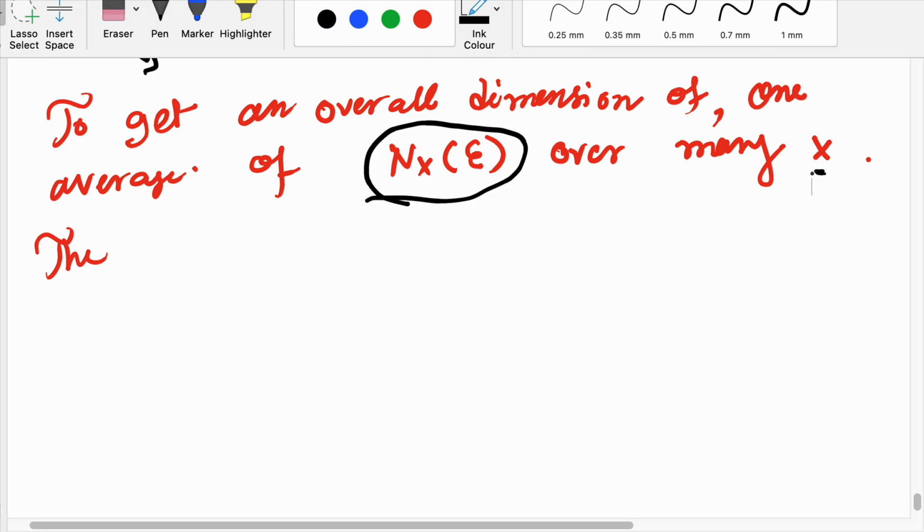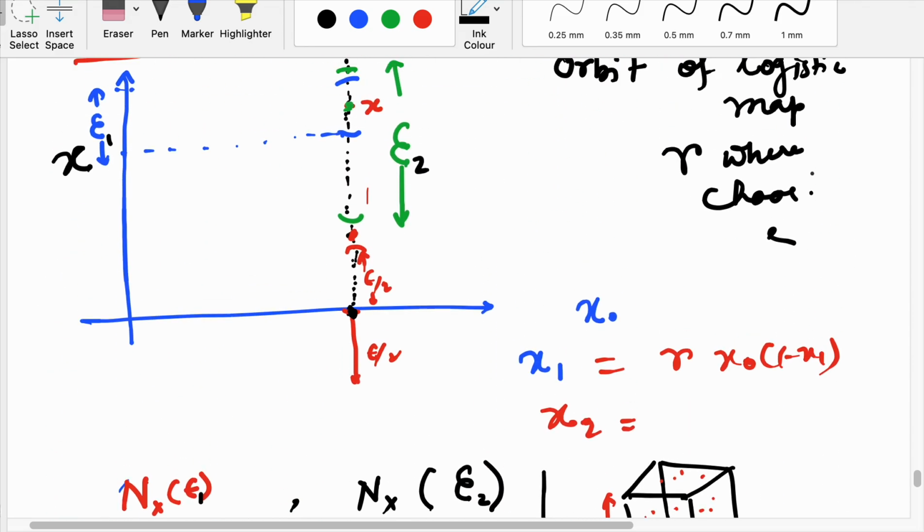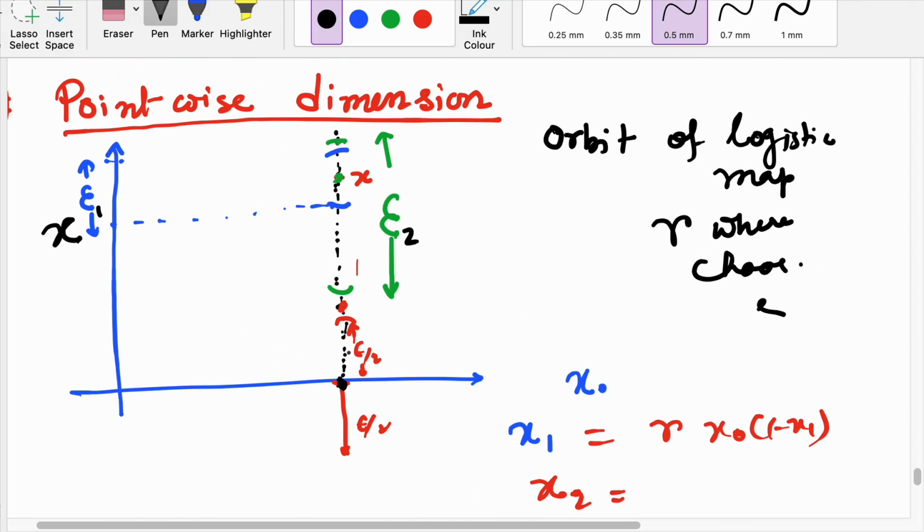Suppose I take 100 such x's from here and average over them; it tells us, if I take any arbitrary point, what will be the average number around it. If I randomly pick an x between 0 and 1,